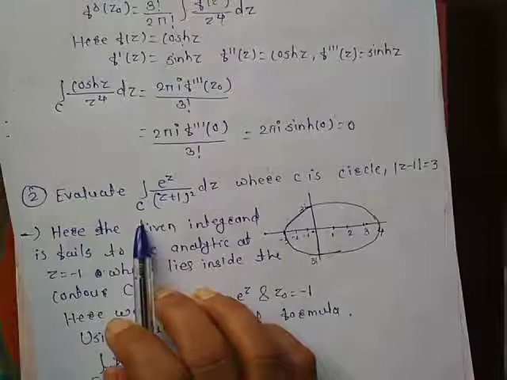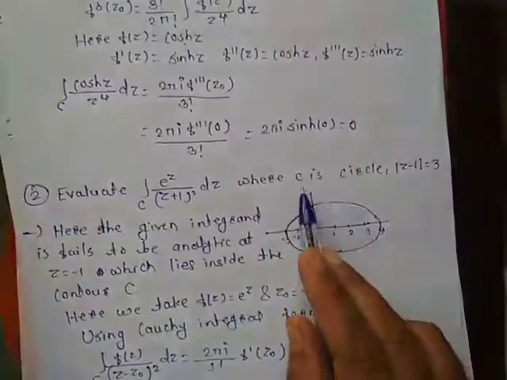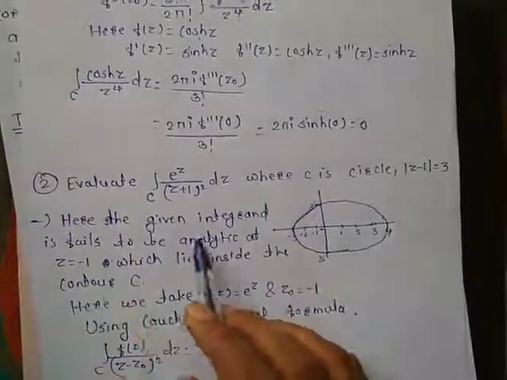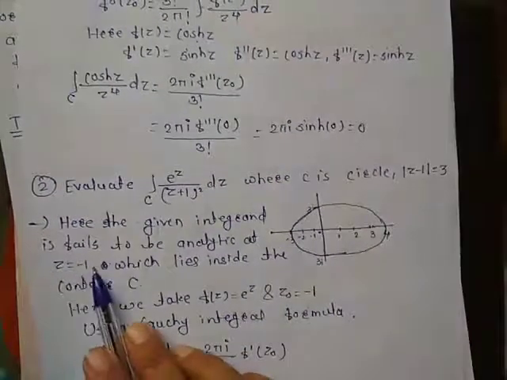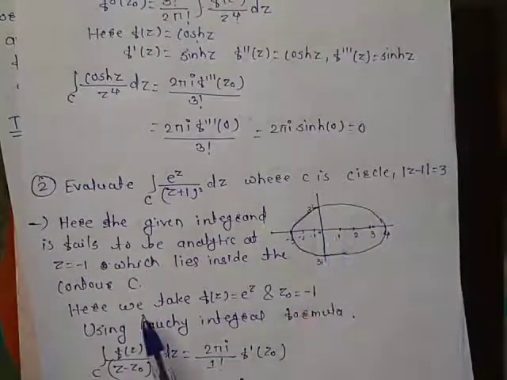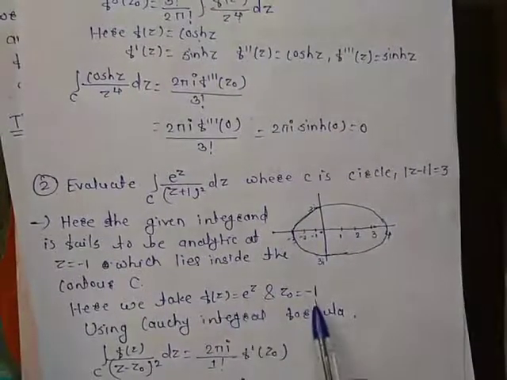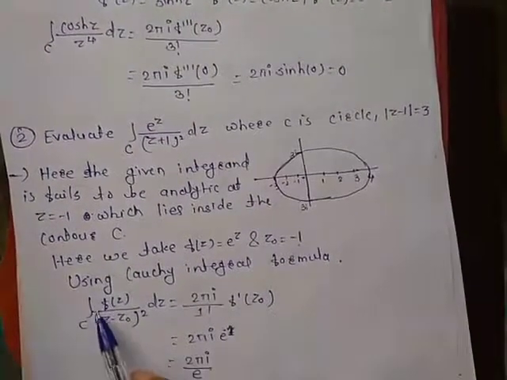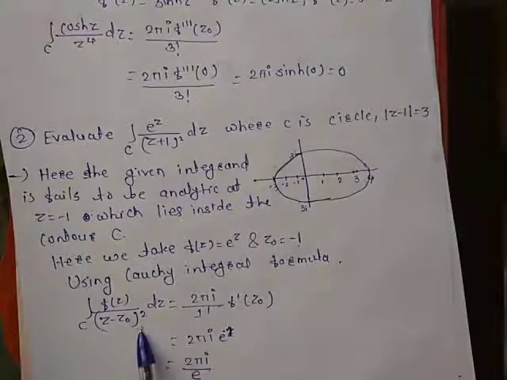Now we will solve one more example. Evaluate the integral over C of e raised to z upon (z plus 1) squared dz, where C is the circle modulus of z minus 1 equals 3. Here the given integrand is analytic except at the point z equals minus 1, which lies inside the contour C. So here we will take f of z equals e raised to z and z0 equals minus 1. So by using the Cauchy general integral formula, the integral over C of f of z upon (z minus z0) squared equals,